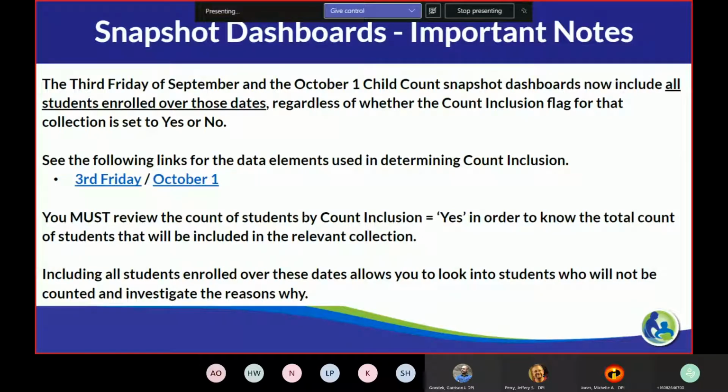Some important notes about the snapshot dashboards for people, especially who may have used them in the past. Right now, the third Friday of September and October 1 child count snapshot dashboards include all students enrolled over those dates, whether or not their count inclusion flag is set to yes or no. And the reason that's important is that you now have the ability to look at all students enrolled over